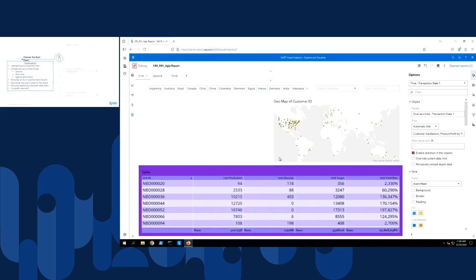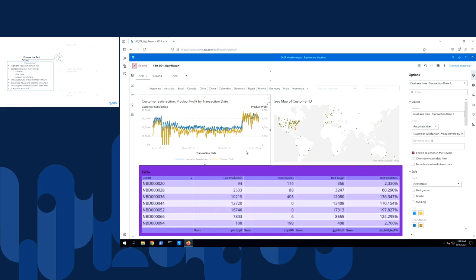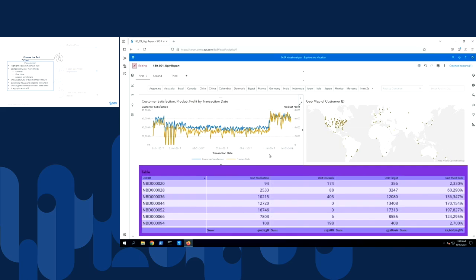Now, it's important to note that the recommended object is just a guideline. It might not be the best choice for your data. So it's a good thing to start out with when you first begin looking at your data, but you can always make changes as necessary. The other thing about this graph is it's showing daily data, which is very variable. We can see there's lots of ups and downs. So what we're going to do is, instead of looking at values by day, I'd like to look at values by week. And then I'm also going to change that customer satisfaction to show an average.